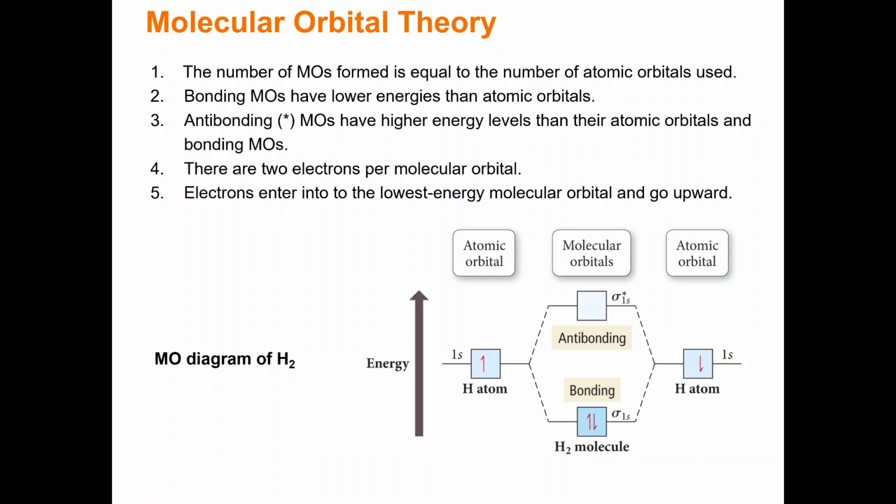And we call this the sigma. So sigma 1s would be how you call this orbital, and its anti-bonding would be the sigma star 1s. So you always form bonding and anti-bonding. And if we have more electrons in the bonding orbital compared to the anti-bonding, as long as it's greater than,